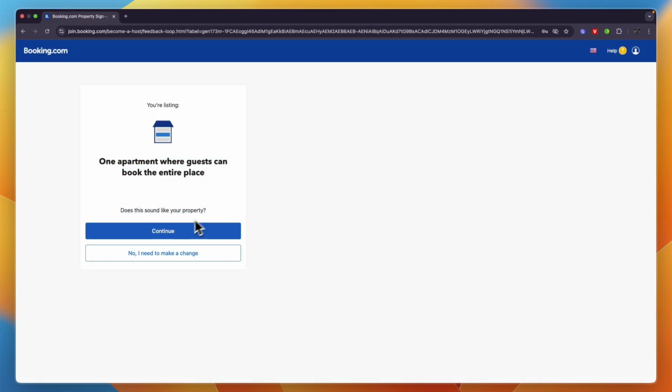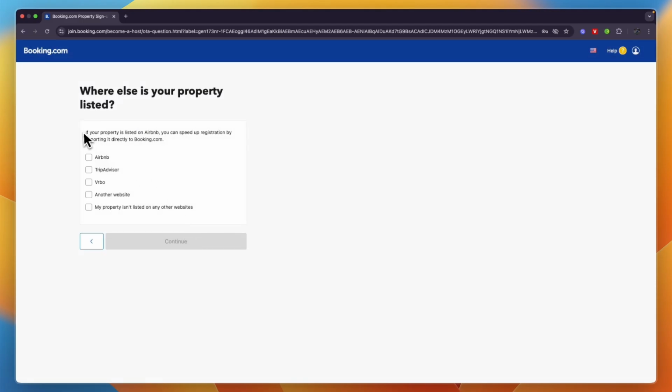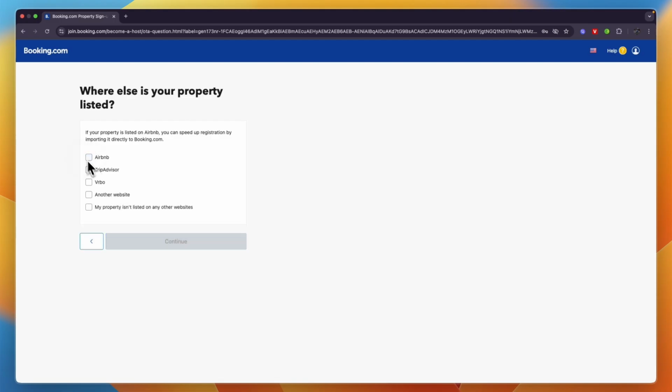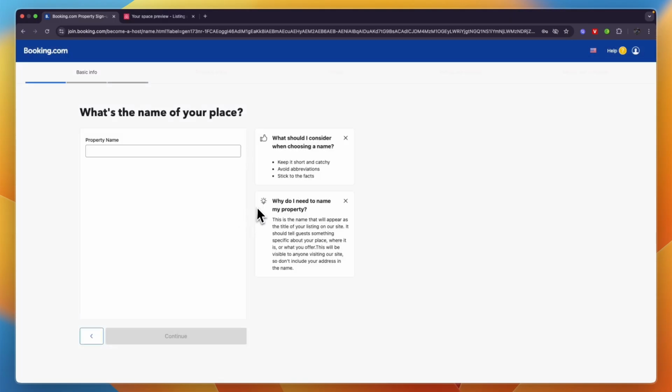Does this sound like your property? I'll say continue. Then, if your property is listed on Airbnb, you can speed up registration by importing it directly to Booking.com. Now for me it actually is, so I'll select Airbnb right there, and then you just have to paste in the link to your Airbnb listing, although if it's not, you can just go ahead and continue and do it manually. Now if it's not listed anywhere else, just enter the property name and other details here, and